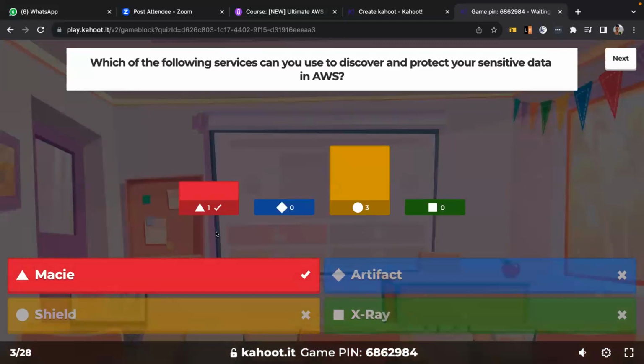When you're trying to discover and protect sensitive data, sensitive data could be anything that someone else can get of yours and can get you in trouble, maybe your PIN or your card credentials. So Macie can help you discover that. But Shield helps you prevent DDoS attacks. So that's when we use Shield.